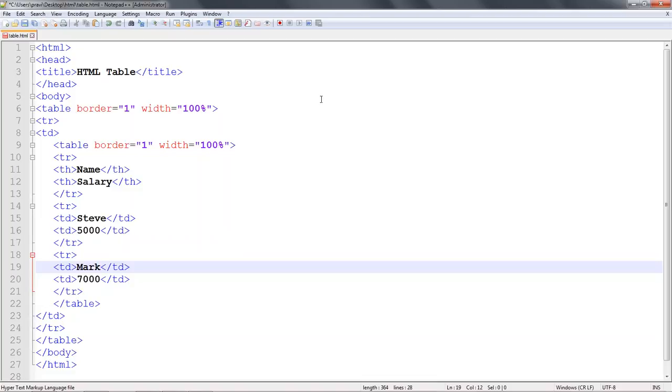Actually, this example is the best example for a nested table. So we are creating a table here with the border 1 and with width 100%, and we created a table row here, and we created a table data here, and we are creating one more table with the border 1 with width 100%, and we are creating a table row and the table heading is name, and we created one more table heading, that is salary, and we close the